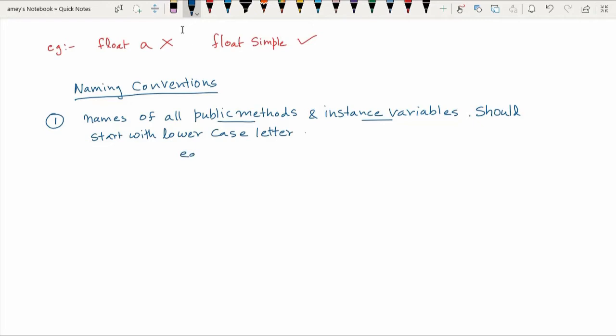Right? For example, one instance variable is say average, so I will be writing it like this, average, or say sum, I will be writing it like this. So that means they should start with the lowercase. For example, I have suppose a public method, say public void get data. So in that g will be small case, get underscore data or something like this. So this is a naming convention that we follow.